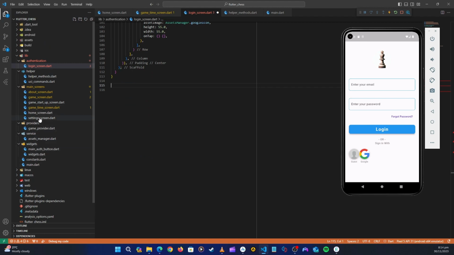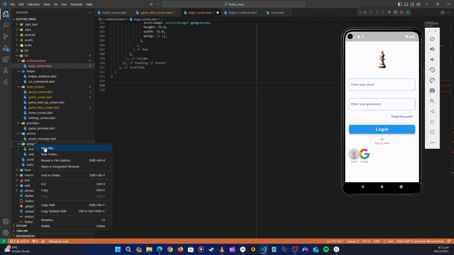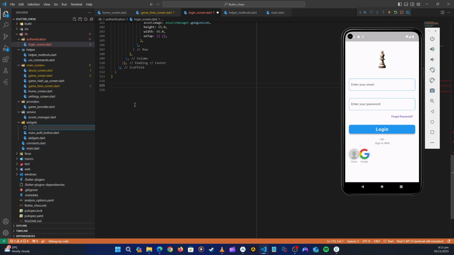Where is our widget? In here. Where did we create our social button? I mean the login button. I'm just trying to check. Okay, so these are all main auth. Let's create another file here. Let's say